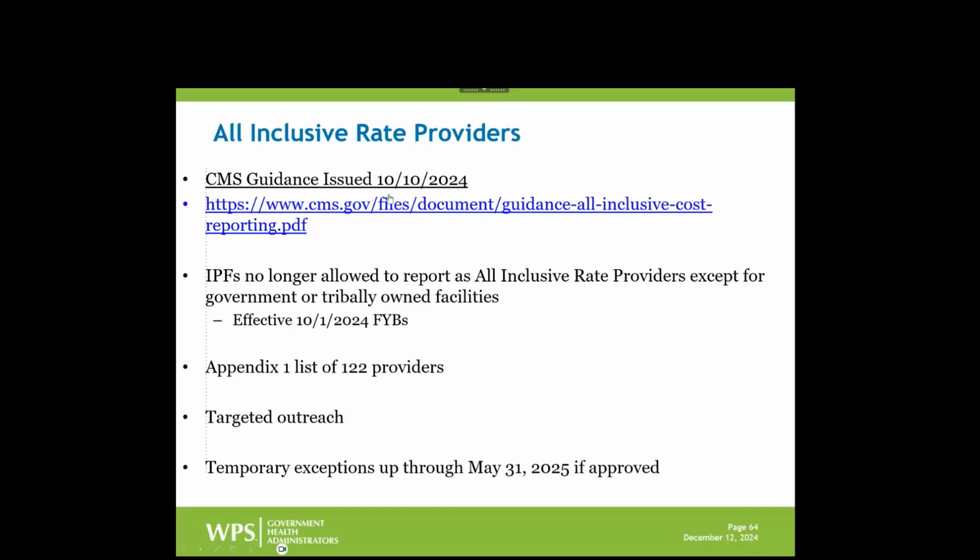Now, because they were a little bit late in the communication, they've allowed a temporary exception if you can't set it up yet, but the absolute end date of this exception is May 31st, 25. Even if that's midway through your cost reporting period, you're going to have a split. The first part of your cost reporting period might be accepted if you were approved for it, but the last part of your cost reporting period must be under that charge data.